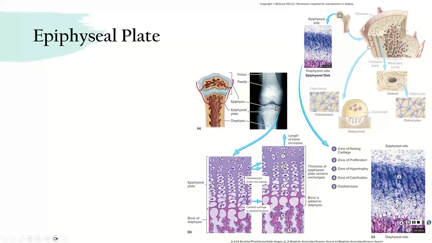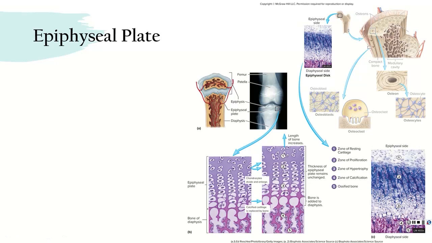So here's what I'm talking about, where you have your epiphysis, right? Your epiphyseal plate here, and then you have your secondary ossification center and primary. So on the diaphysis side, you have the ossification zone, and that turns into proper bone there. So here are our zones, right? We have our resting cartilage zone. Then we have our zone of proliferation where our chondrocytes start stacking up and growing, pushing up or out,